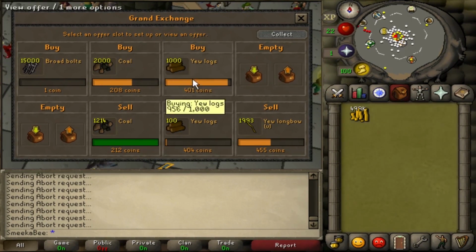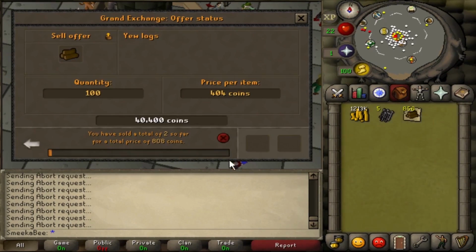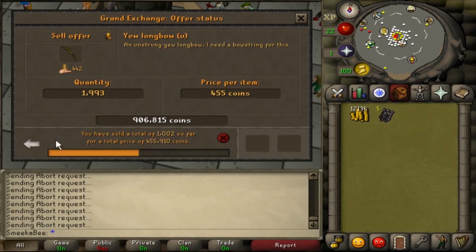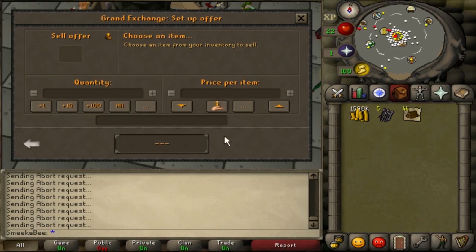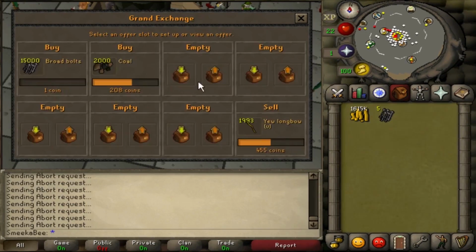What did start to work well, the U-logs, as you can see, definitely buying and selling pretty well, but the U-longbows were a lot better. They're traded a little more often, I believe. I'd actually have to look that up and check. But I believe they're traded more often than the U-logs, and their profit margin was usually like 10 coins a